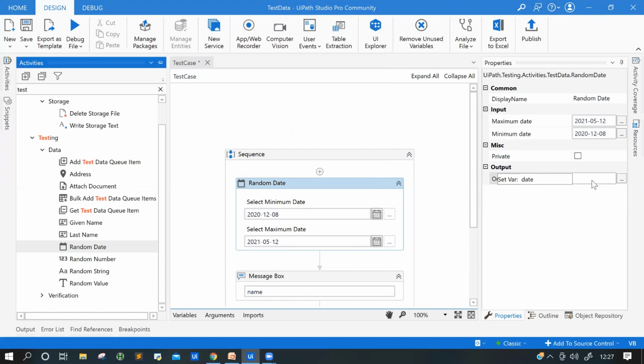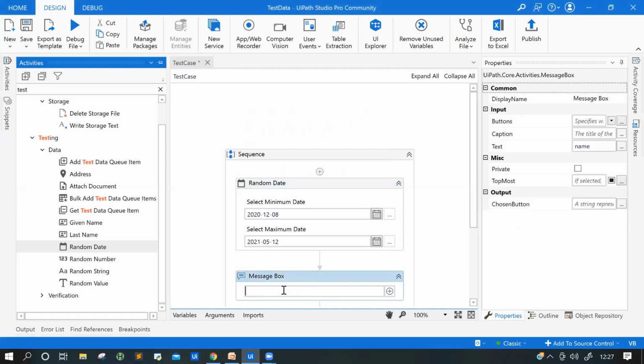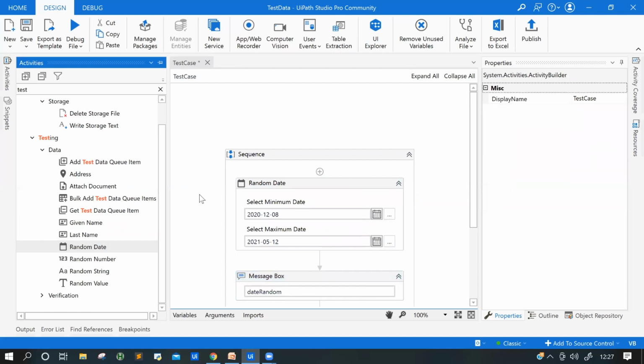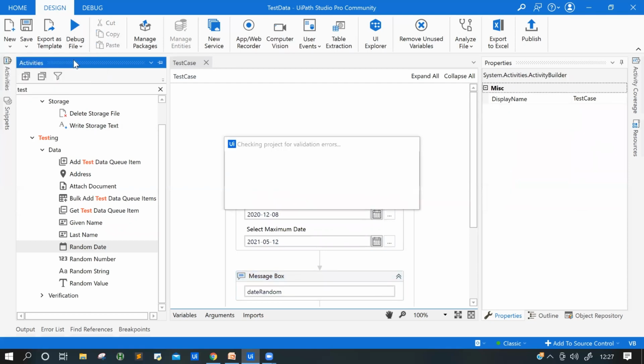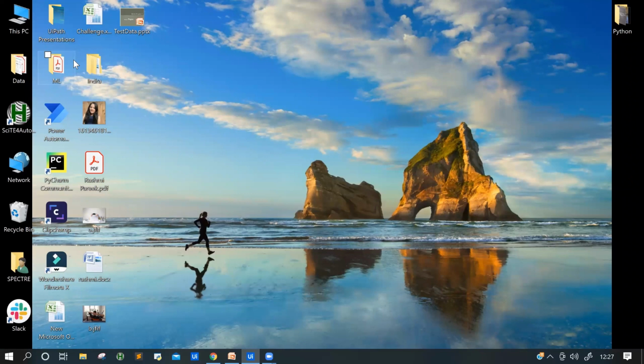Again, just Control K, date random, and same. I'm going to give here date random. And the moment I run this, cool. So you are getting 4, 5, 2021.